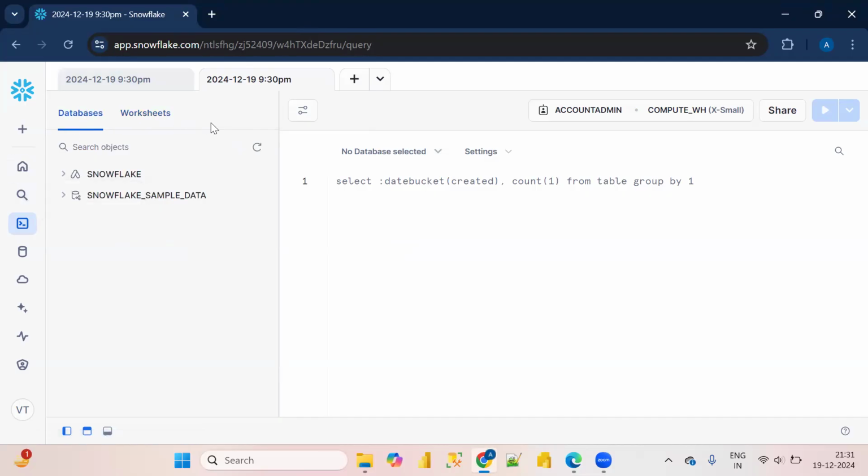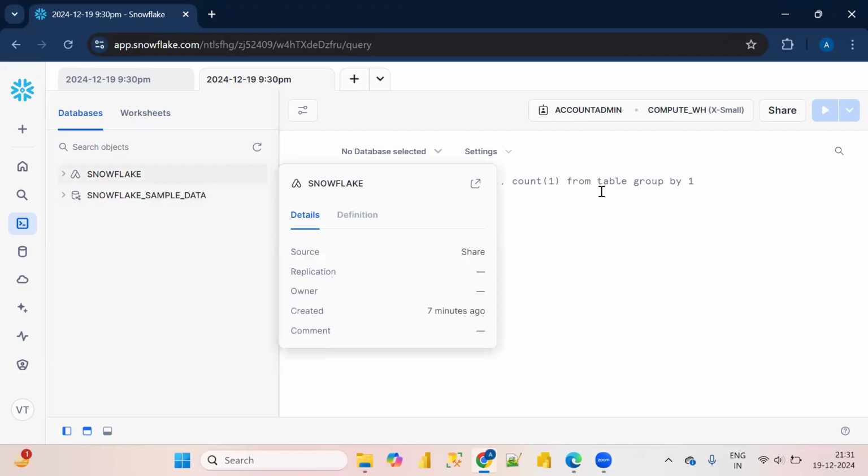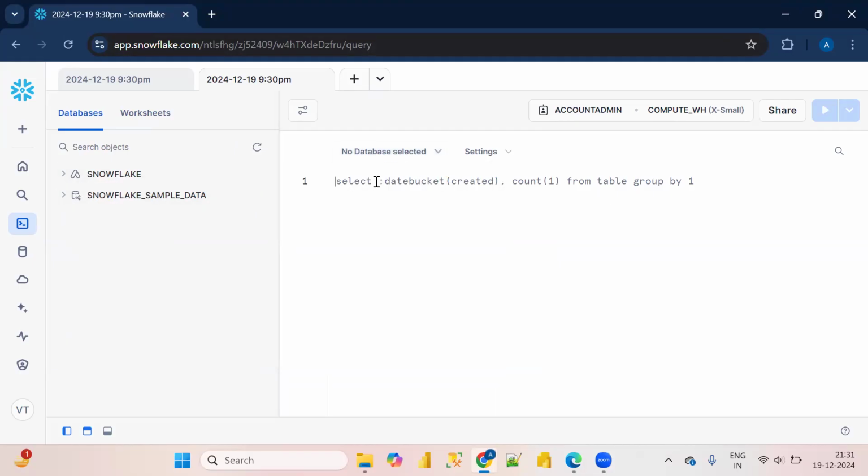A worksheet is basically a sheet where you write the code and we will execute it. How does it happen? Suppose here there are two things: one is databases, another is worksheets. In worksheets, you will write the code, but databases are the ones present in our Snowflake storage. So if I want to write some code like